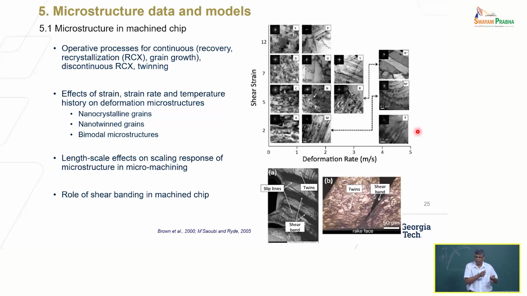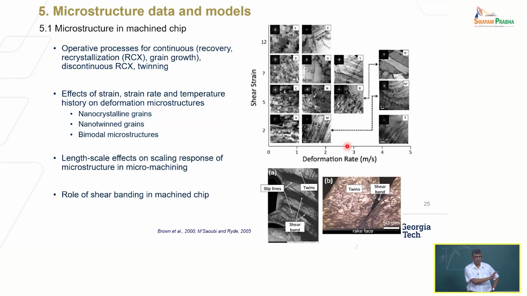Shear strain can be controlled by the cutting parameters. You can show a relationship that by changing the tool angle, by changing the feed, I will change the shear strain. So this y-axis is connected to the cutting parameters that you select. Deformation rate is also related to the cutting parameters, the cutting speed, which determines at what rate I'm going to deform the material. So as a function of cutting parameters, what kind of microstructure will form? That is difficult to even understand. We have to do it experimentally. People have done a lot of work in this area. It is not that simple to model from first principles.